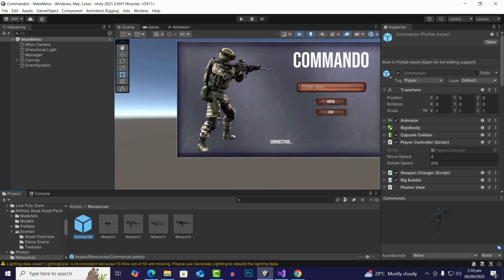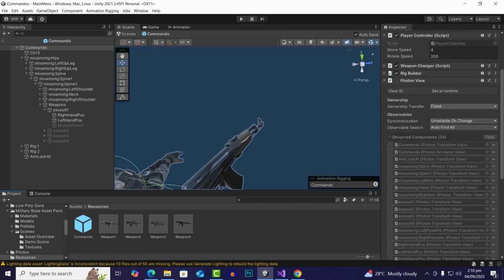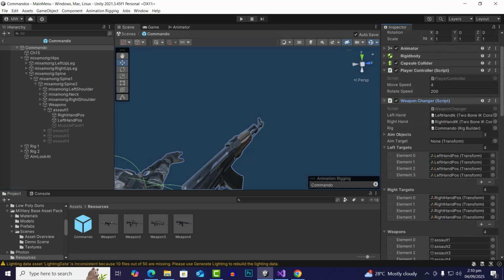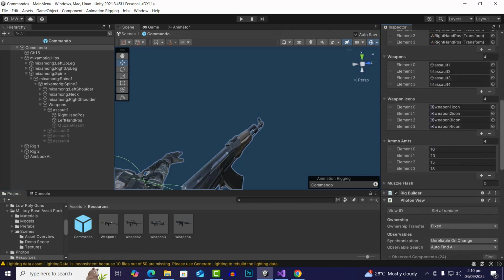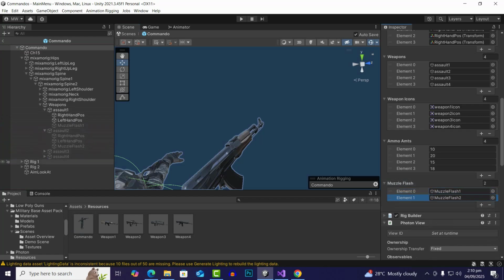In this video we are going to add the sound for the muzzle flash. So first of all we will open the prefab, and you can see that on the prefab we have the weapon changes script, and we also have the muzzle flash. And in the last video we unfortunately didn't add the muzzle flashes here, so we'll add the muzzle flash 1 over here. So then we will add the second muzzle flash,